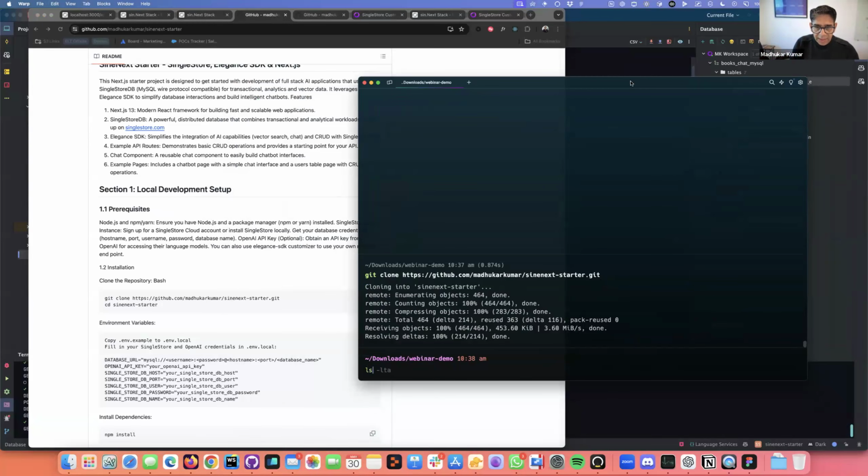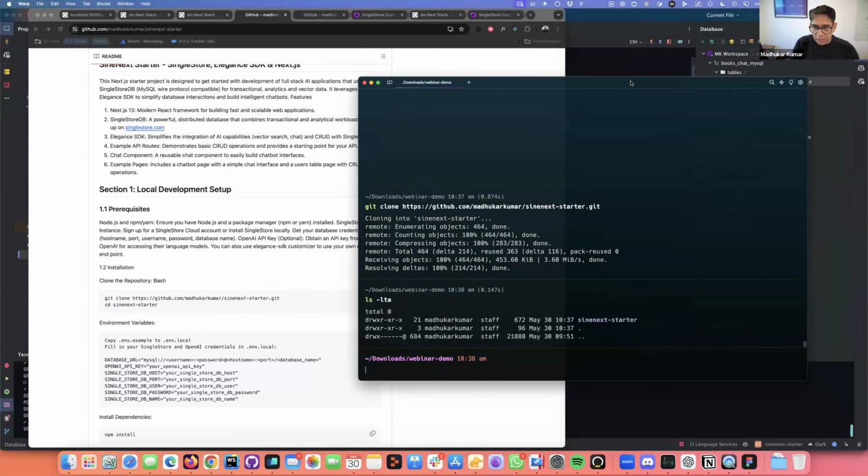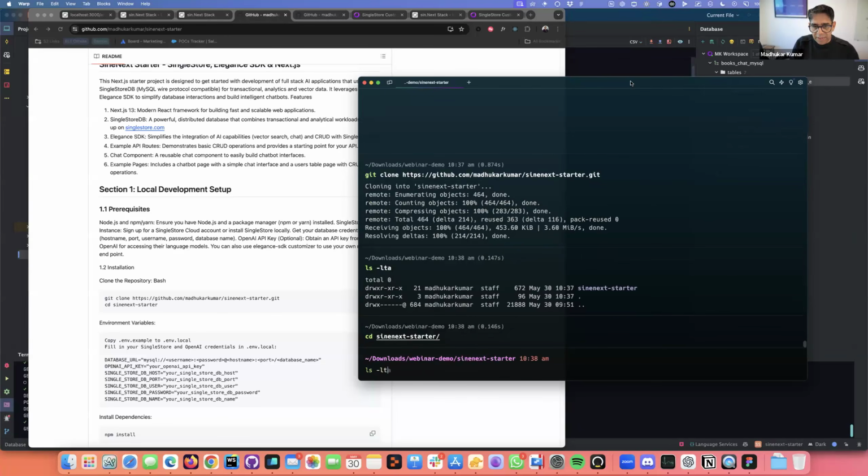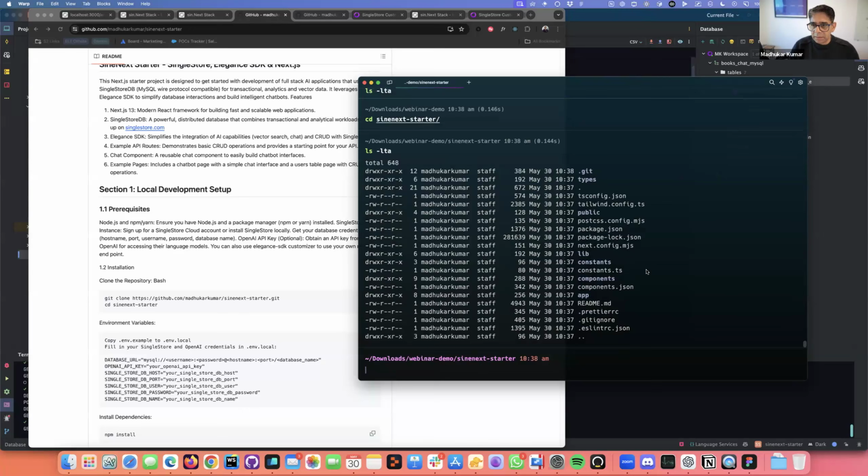So now I have obviously this folder, which is synnex.starter. And let me just go here. And if I look at all this, now my entire code base is here. So first thing I'm going to do is